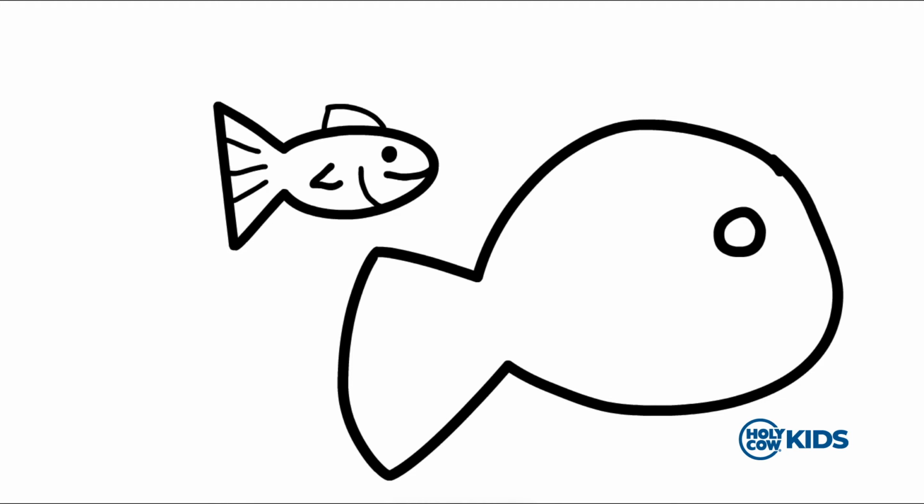And instead of just a straight mouth, I'm just gonna open his mouth a little bit. And as I do that, and that's why I like drawing with a pencil, because when I do stuff like this, I can just erase the lines that I don't want anymore. And let's draw his